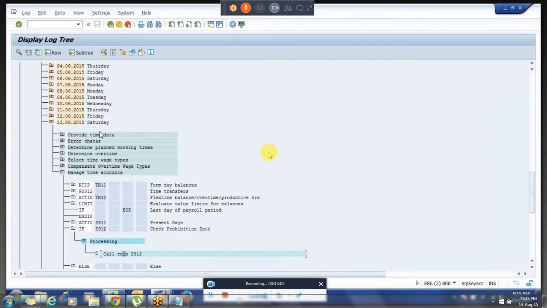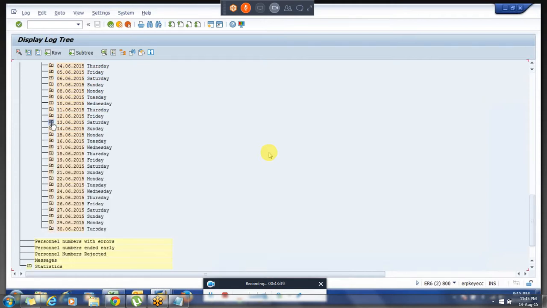And if you observe one more thing, what it is doing: if this rule is going to false, that is why the very next it is going to else. In between these two lines we inserted a PCR that was not reading. Okay, that was skipping, and the PCR which we have written after this else was reading. So if the probationary date is there, the other PCR, which is the actual PCR Z910, will read. That also we will see on the probationary date we maintain.